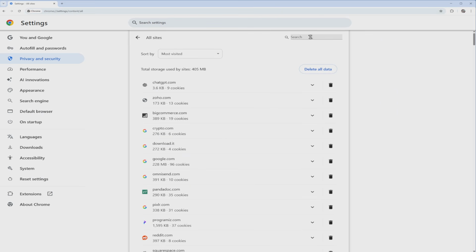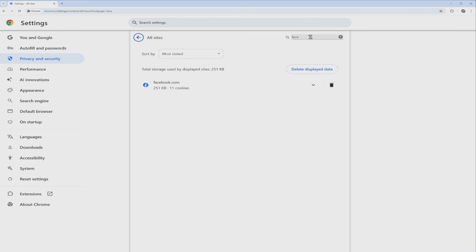All right, so all you do is just go ahead and use the search bar right here and type down Facebook. Now go ahead and click on the delete button right here. Click on delete. And then once that's done, go ahead and go to the top right, click on the three